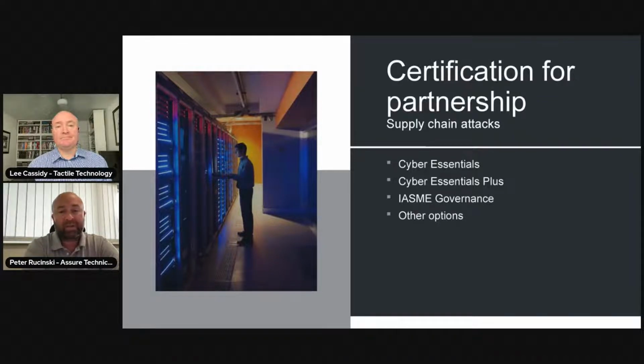And this brings us nicely onto, for example, the IASME governance piece. Now, IASME governance is an alternative to ISO 27001. It's an information security management system, and they're designed to do exactly what you've mentioned there: identify what's important to the business, i.e. the assets, be they physical or information, and attribute value to them. How much are they worth to our business? How important are they to us? What would happen if we lost them, or they were taken from us, or distributed openly in the public domain?